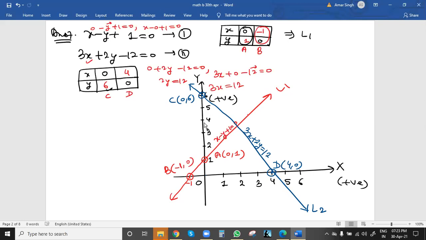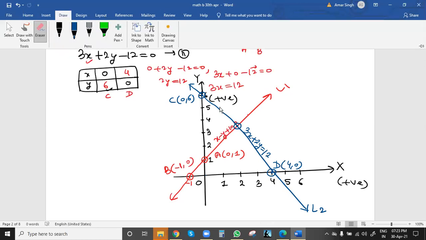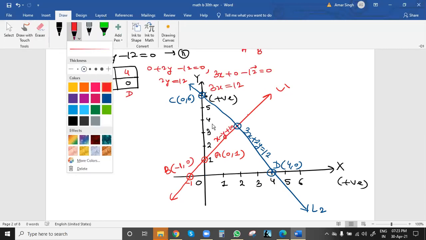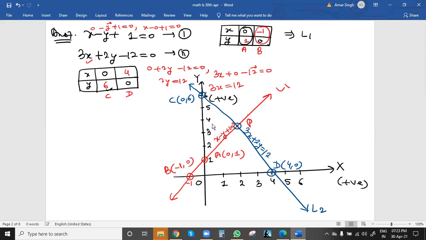The most important point is the intersection point. This is the intersection point, and we have to write its value. So what is the value of the intersection point? We can take it as P. If we have equal gaps, this will be an accurate point. The x value will be 2 and y will be 3. First x, then y. With proper scaling you can easily plot this point. x is going to be 2, y will be 3.